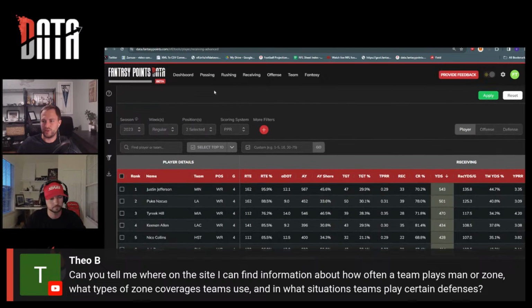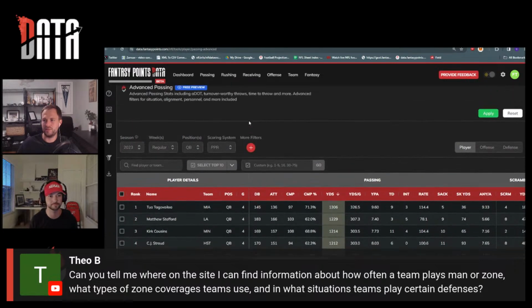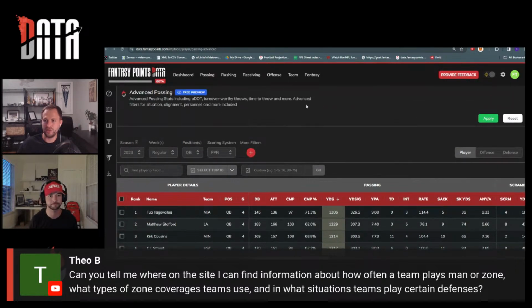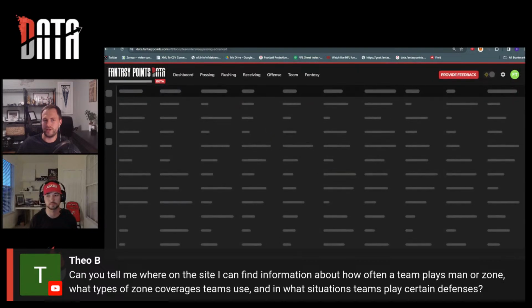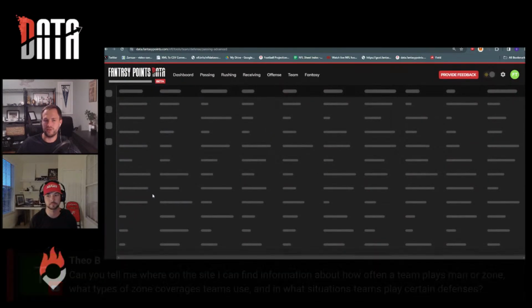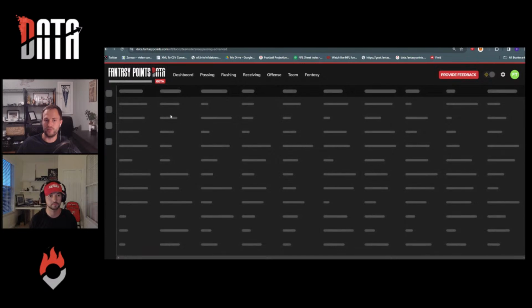Yeah, so I was already planning to get into the advanced receiving tool, and this is exactly that. I'd probably use advanced passing for the team version of this, but you could technically also do it in advanced receiving. So I would come into this advanced passing table and use the defense view. Once you're in here, you can use all of our filters to filter for man, zone, and so on. Once this loads up here.